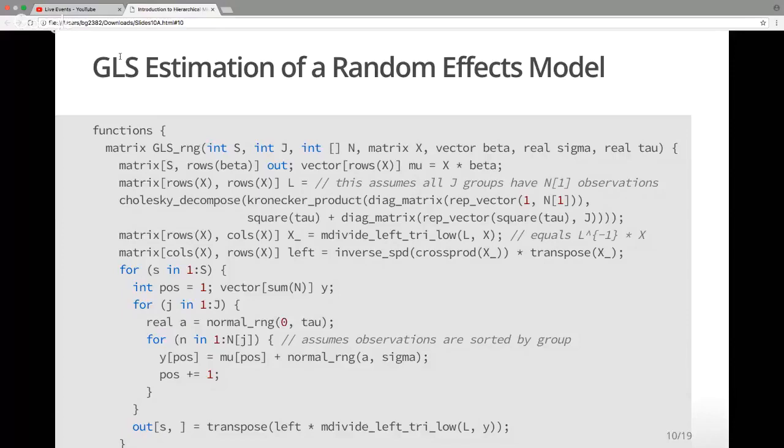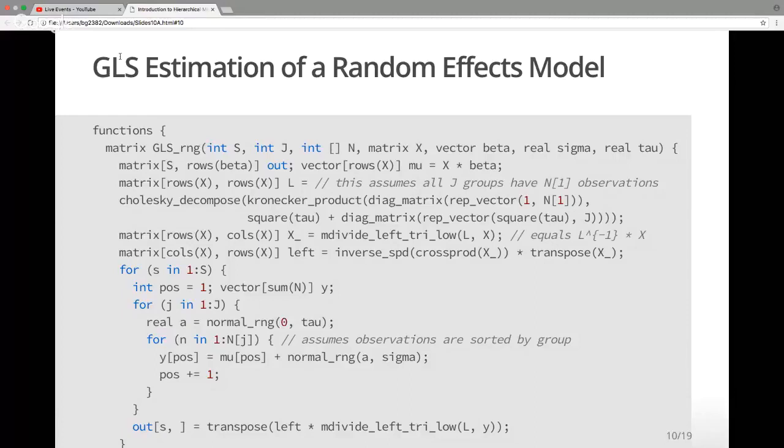And then you're essentially doing OLS with the transformed variables X underscore and what you might think of as Y underscore, this Cholesky factor inverse multiplied by Y. So transforming your X data and your Y data by the Cholesky factor of the covariance matrix of the group-wise error structure, you can do OLS on this transformed data, and you get an estimator of the coefficients beta. You do not get an estimator of sigma or tau, but you do get an estimate of these coefficients beta.